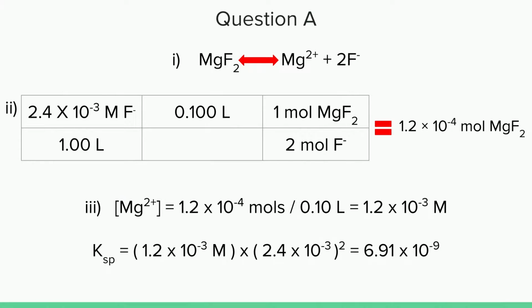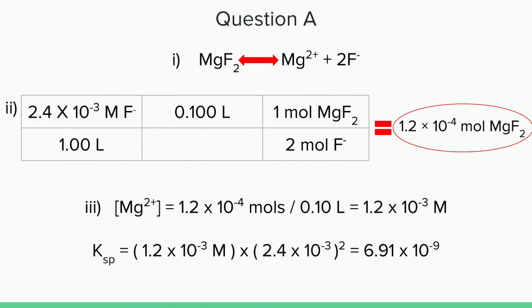The second part of question A asks us to calculate the number of moles of MgF2 that dissolved. And in the description, it gives us the molarity of F- and the volume that the MgF2 dissolved in. So we just have to multiply molarity by liters to get the moles of F-. So I did that over here, and then to get moles of MgF2, you have to divide that number by 2, because for every 2 moles of F-, there was 1 mole of MgF2. And if you multiply all of those together, you end up getting 1.2 times 10 to the negative 4th moles